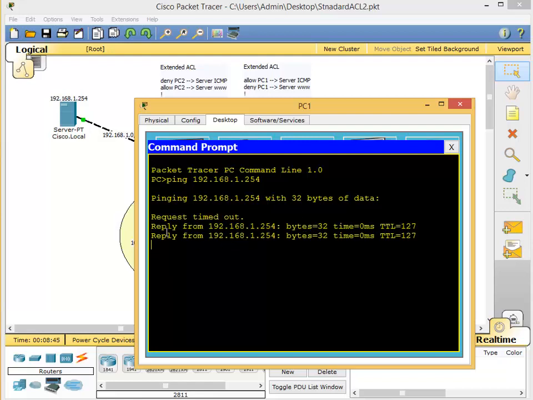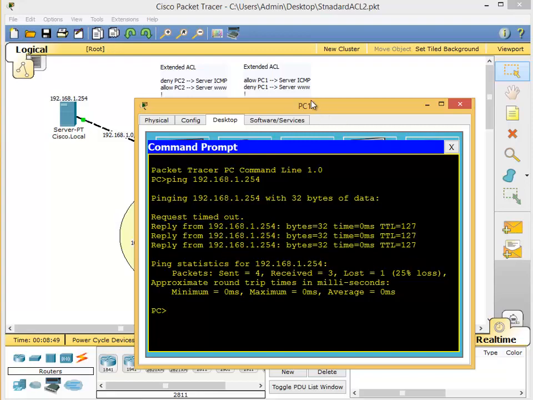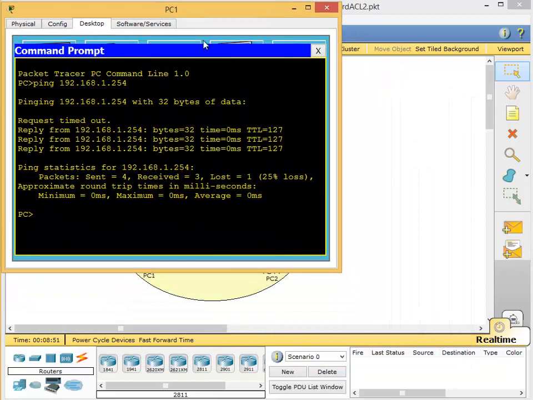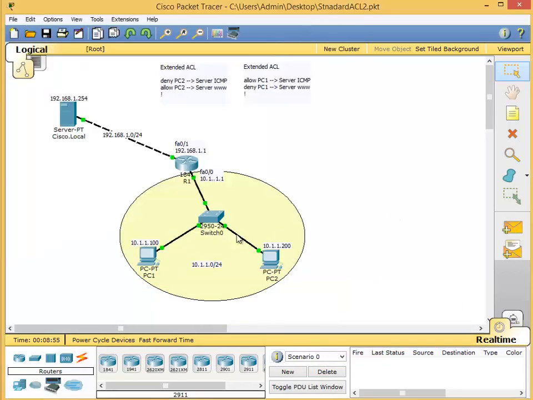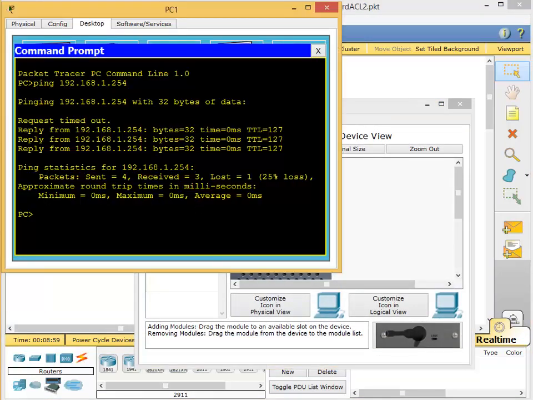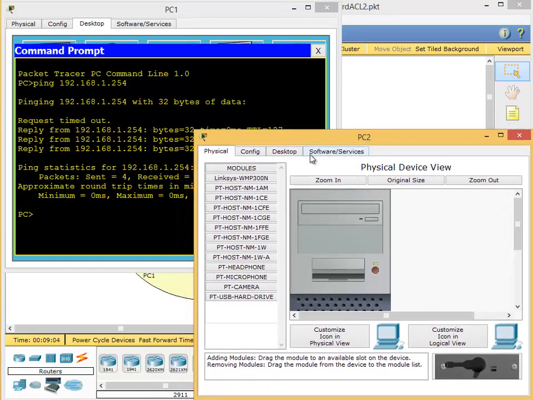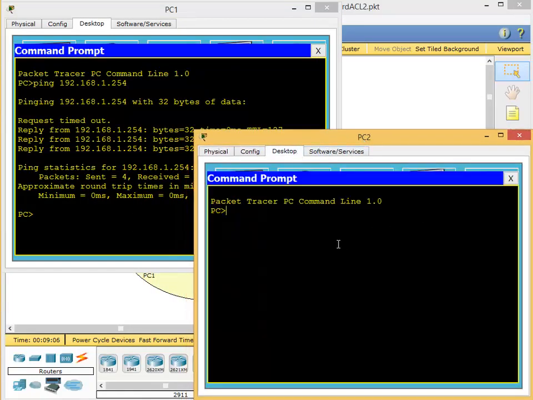Yeah, we have a reply from the server, which is good. Now, if I go to PC, let me move this here, and bring PC2 so I have them in the same window. That's PC1, and that's PC2. So if I bring PC2 here, go to desktop, I'll ping the server